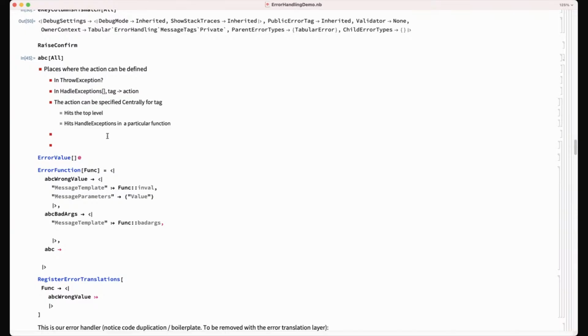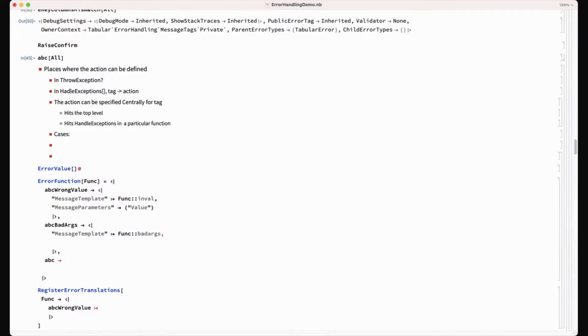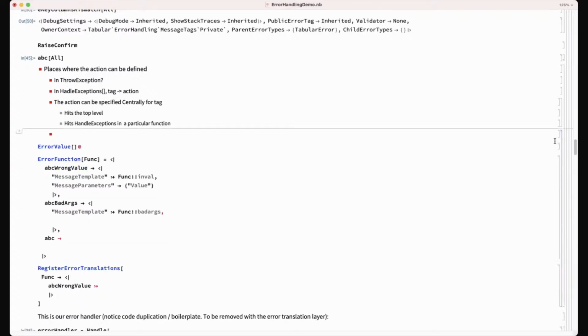Did you understand what I'm saying? Yeah, I think, but can you complete the sentence? Okay. So in the action specified centrally for the tag, case one, it will always happen whenever it hits a handle exceptions. Case two, this is what to do if it hits the top level. No, it's not. It's cases underneath can be specified centrally for the tag.